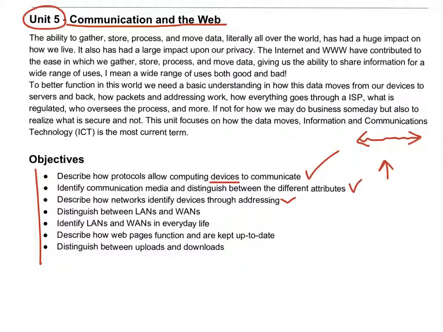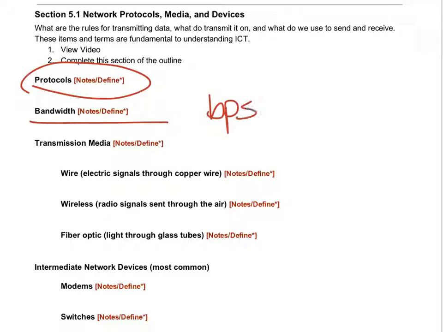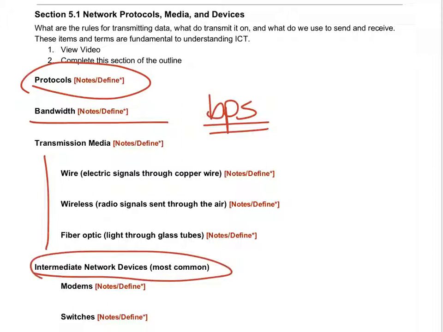We talked about the different means of communication. We kind of talked about WANs and LANs while we're working through it. And today we're going to start talking a little more in the next couple sections about web pages and uploads and downloads. We talked about protocol suite. We talked about bandwidth. It's important to understand bits per second and how we pay for our connection to the internet, how we connect,